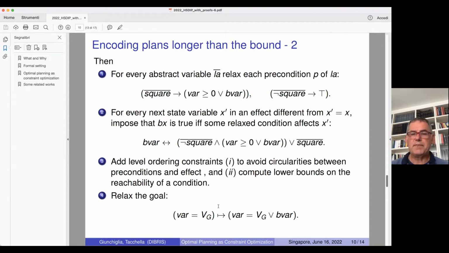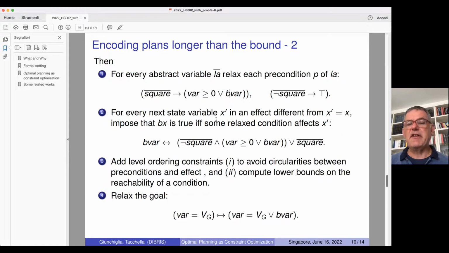For the precondition, we essentially just relax it, saying that it is possible to execute the abstract action square if the original precondition is true, or the abstract version of a state variable has been affected, was true. The negation of square didn't have any precondition in our original transition,